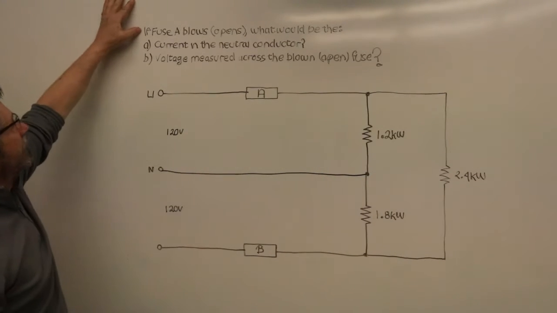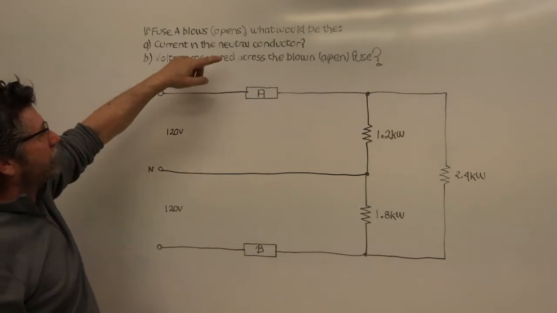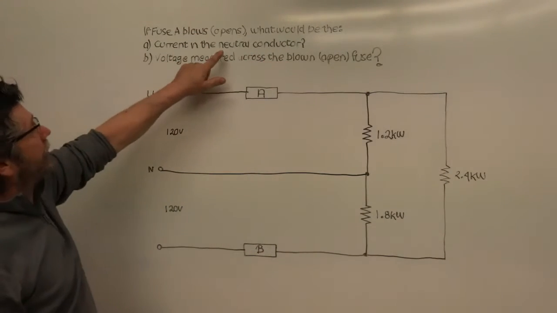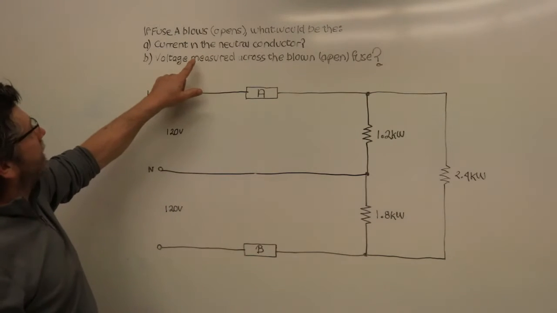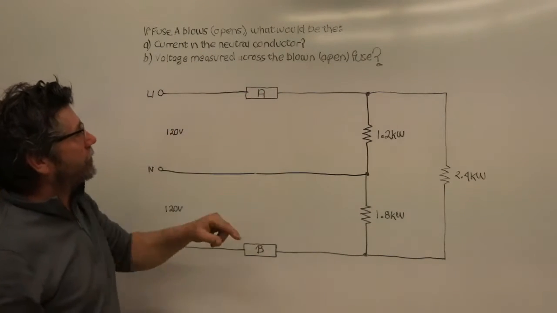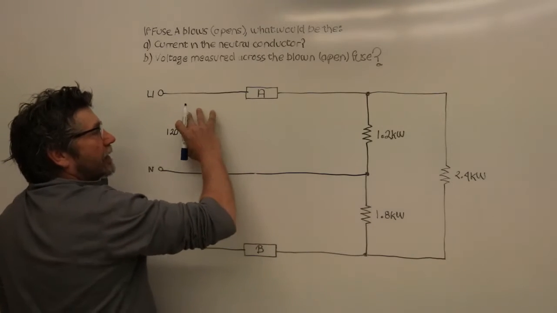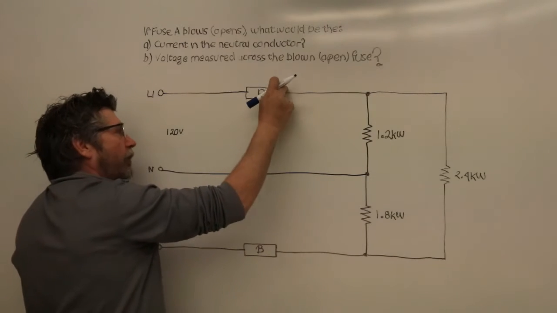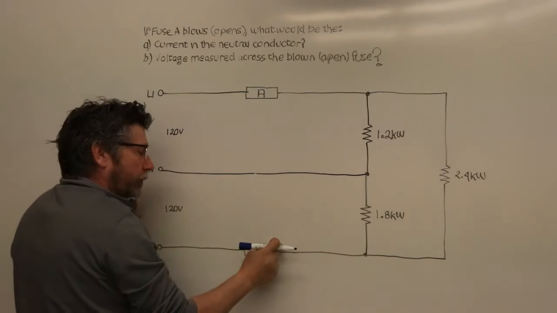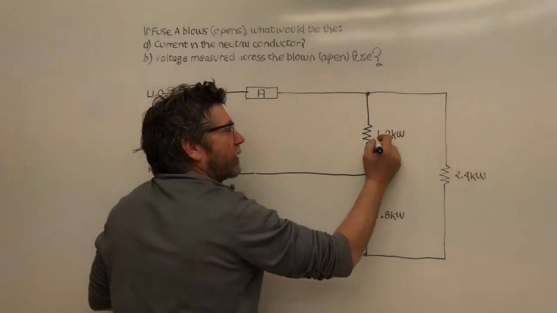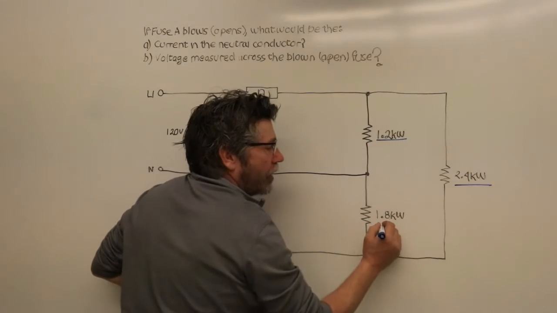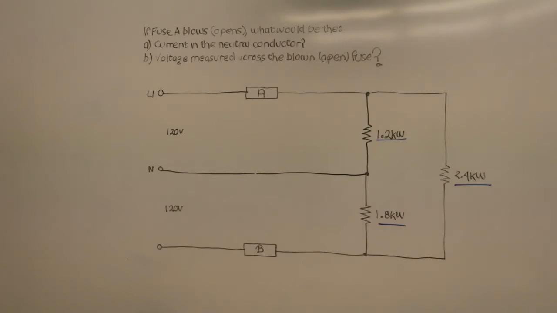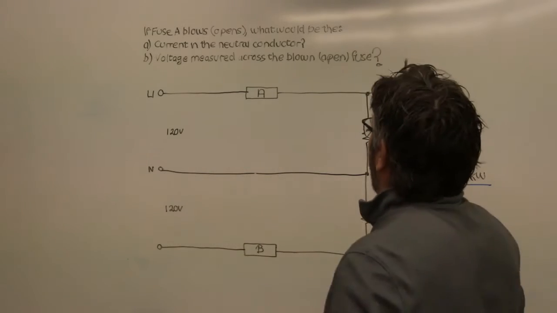that last time. But this one says, if fuse A blows, this one opens, what would be the current in the neutral conductor and the voltage across the blown fuse? So right here, fuse A blows. What you got to do on all these neutrals, if we blow this line, we open the neutral, is go back and get resistance using Ohm's law on all these. So we're going to pretend